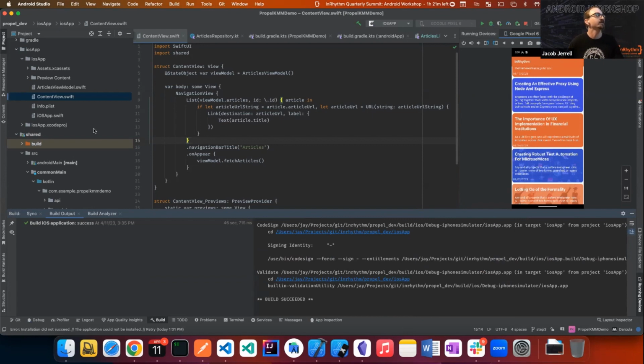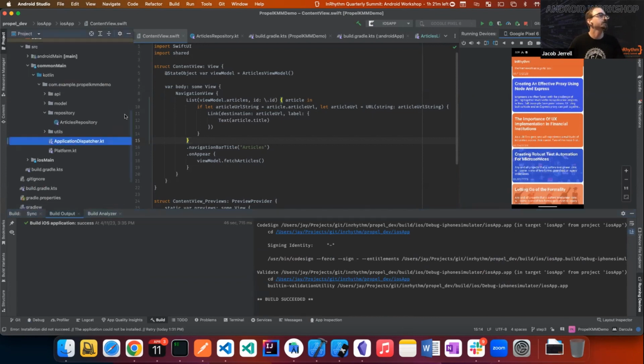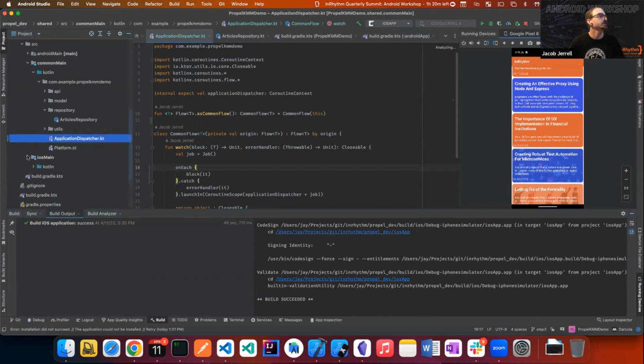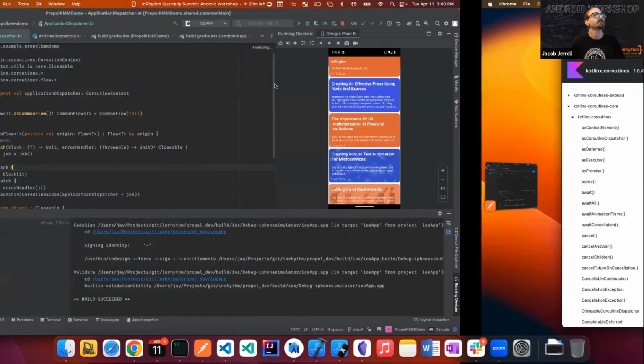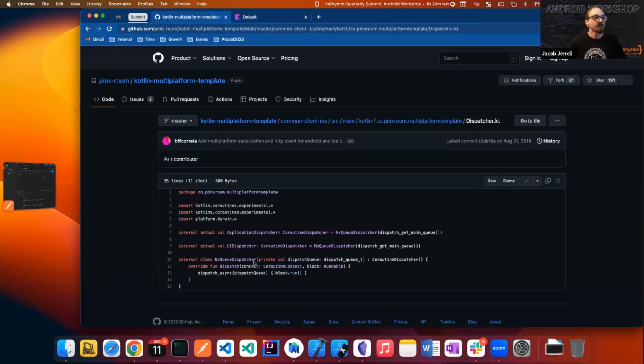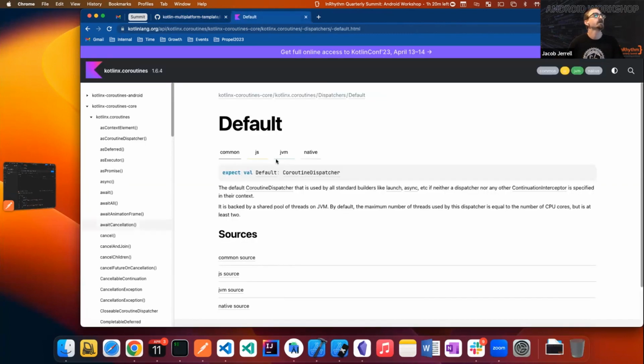That does remind me of something though, the application dispatcher. When Satish gave his presentation, actually I kept the tab open here. Very common pattern. It's been around for about as long as I can recall. The first time I looked at KMM and had to deal with dispatchers and stuff like that across the board is this pattern here, which Satish showed. In some more recent versions, they give us Dispatchers.Default. Now, last I knew,